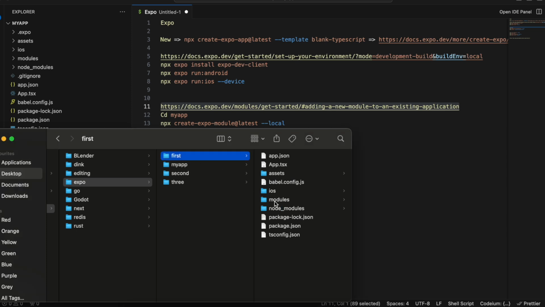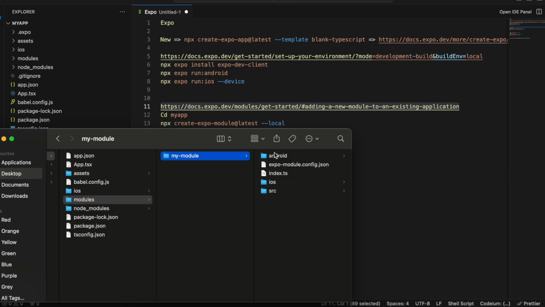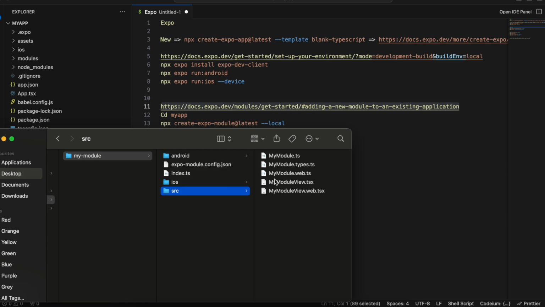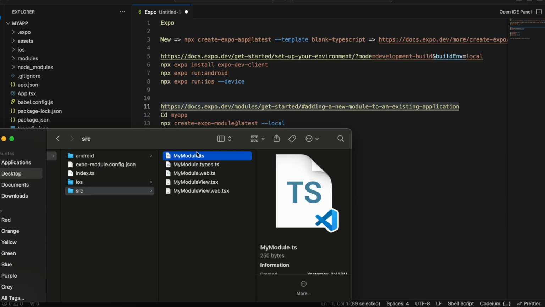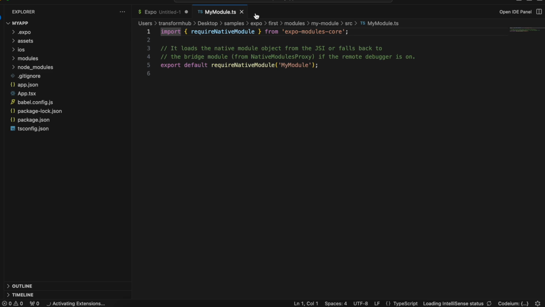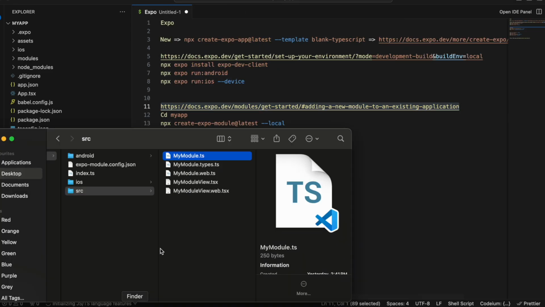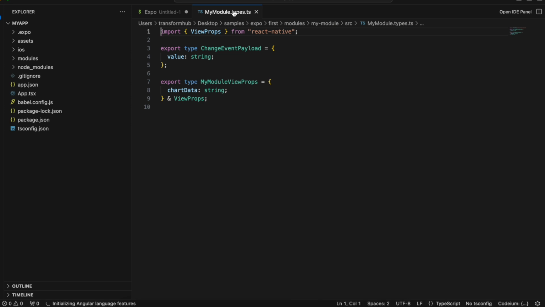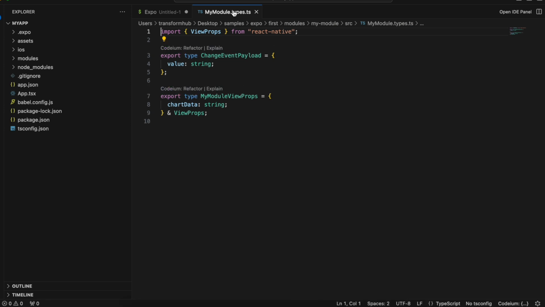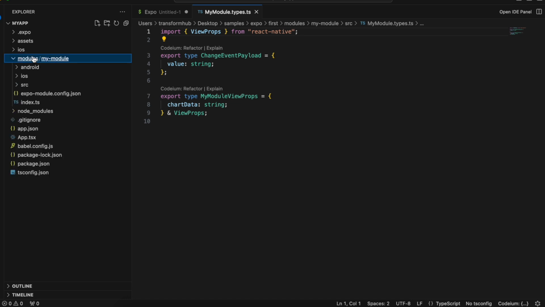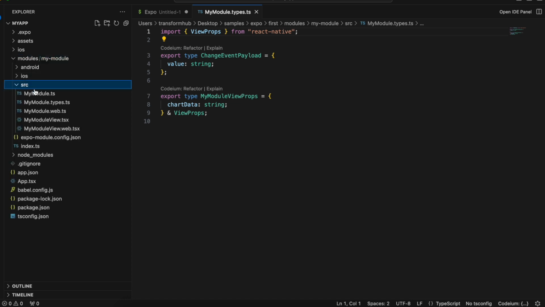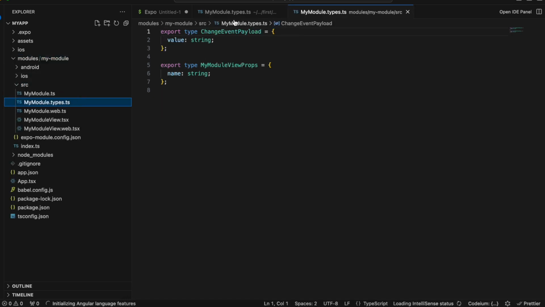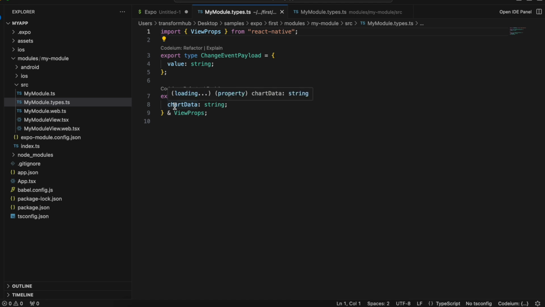Okay, so I'll just go to my modules, and firstly we will have to check the src folder, and here we have to set some types. I think I haven't changed anything. Sorry, not this types. I'll have to change this types. So we'll have to open this particular file inside our project as well. So here you can see our modules, src, my modules.type.ts, and basically we will have to add this as a